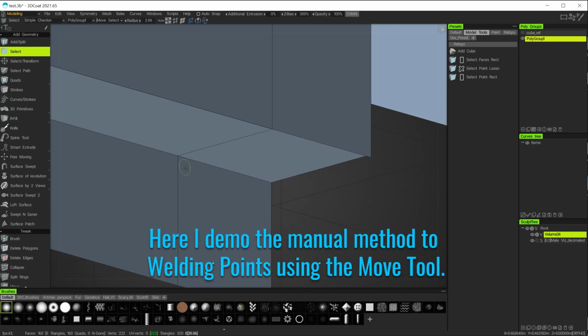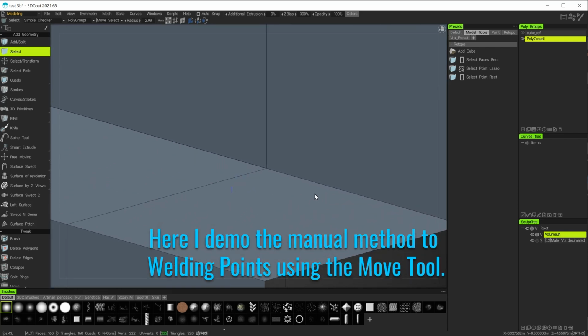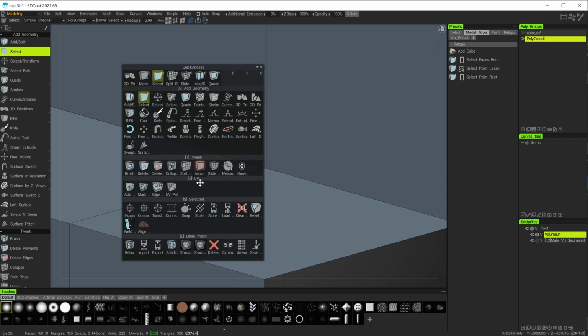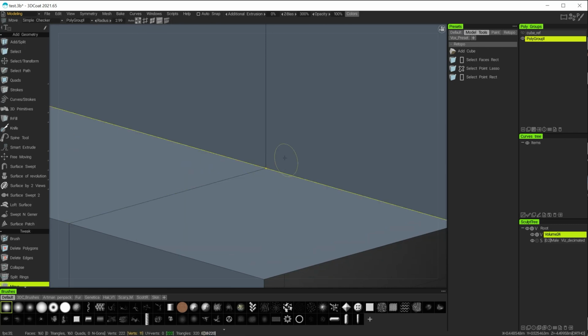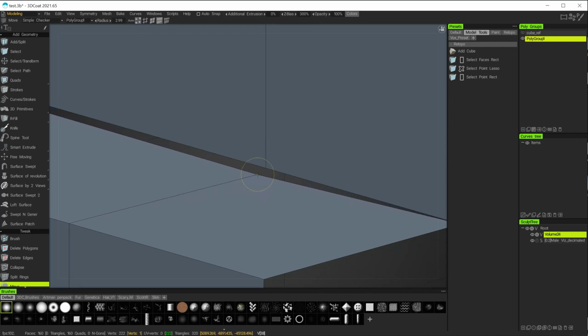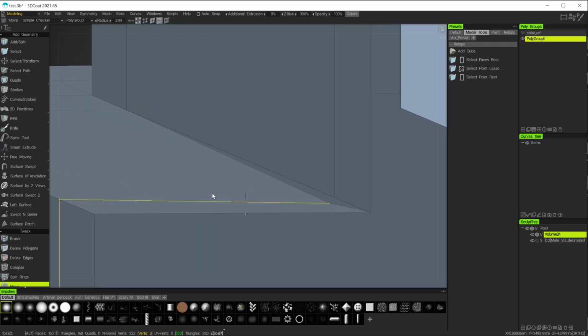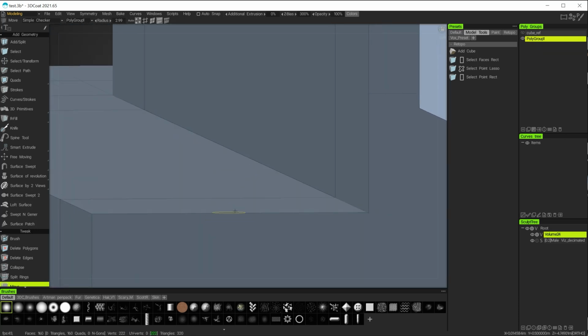I know that all this stuff here is welded nicely, but if I go to spacebar move with the points selected, you can see here that now I can move these independently, and sure enough they are not welded together. So what I'll do is I'll select one of these, like this one, and if I just move it over there,